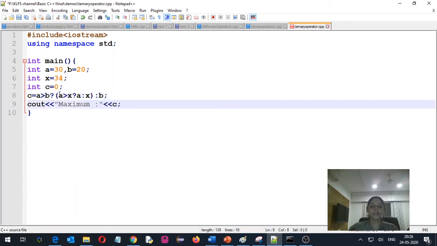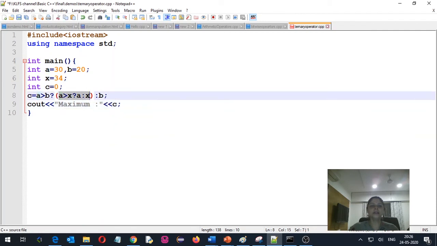Now if you see here, this is the nested ternary operator which we have added in the true portion of the previous ternary operator. So like this you can go for nesting. If this condition is false, then A is greater than B is false, which indicates B is greater. So in that case, here also I don't directly want to print B, but I want to add one more ternary operator.